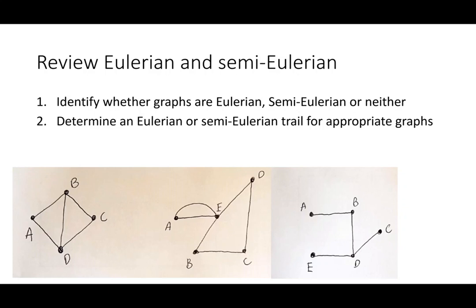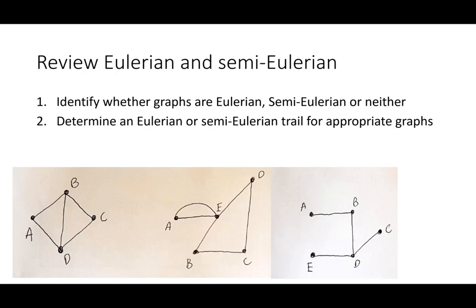Alright guys, let's go through the answers. First one, did we say Eulerian, semi-Eulerian, or neither? And what's our reasoning? There's two odd vertices. So that has degree 3, that has degree 3, that has degree 2, that has degree 2. So remember, with a semi-Eulerian,